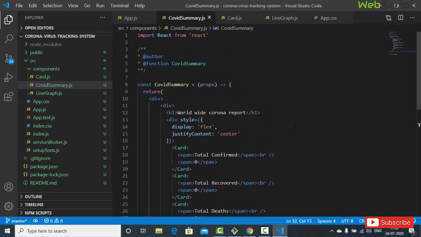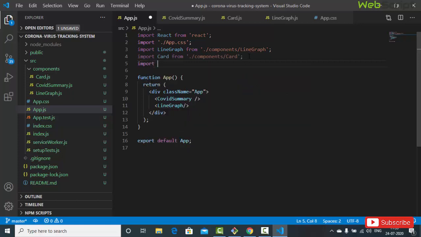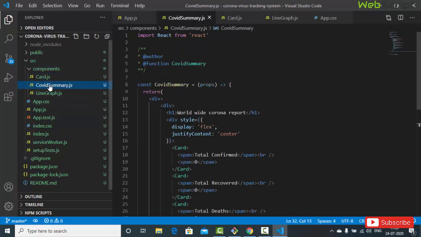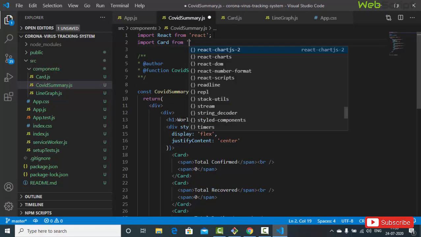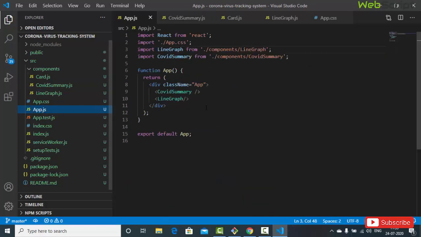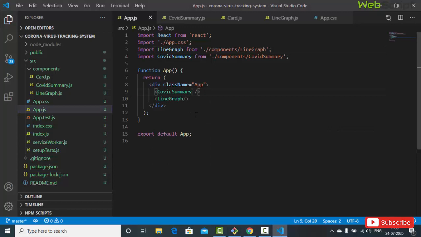So COVID summary.js, let's save, and let's go to your app.js file, import COVID summary from components COVID summary, right? Now let's remove this card. It is not required here, but it is required inside card, right? Inside COVID summary. So I'll say over here, import card from card, right? And this is fine, right? Now let's go app.js COVID summary, let's save, and this is as it is, no change, so everything is working fine. So here we are going to say